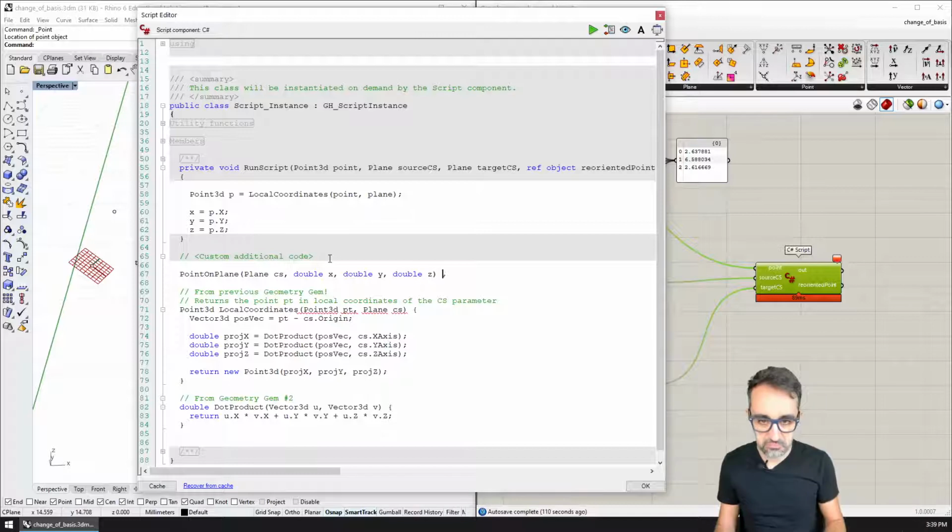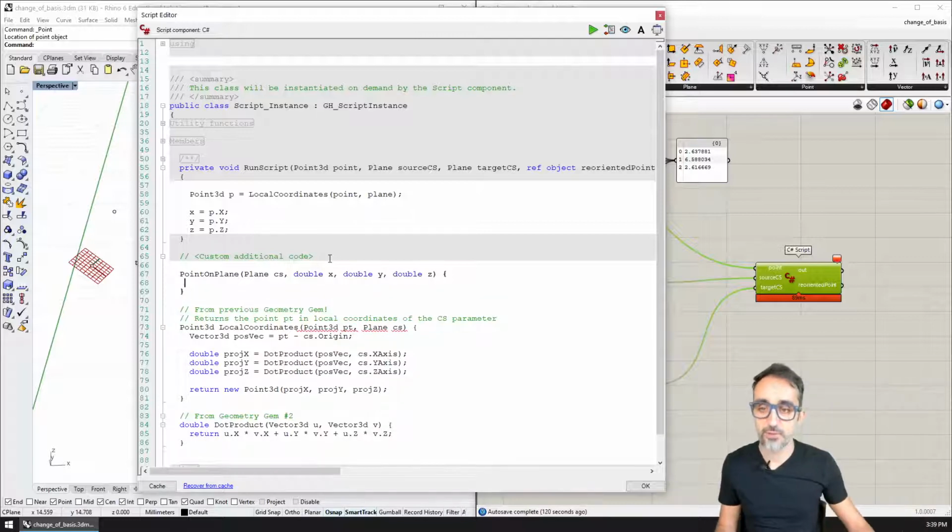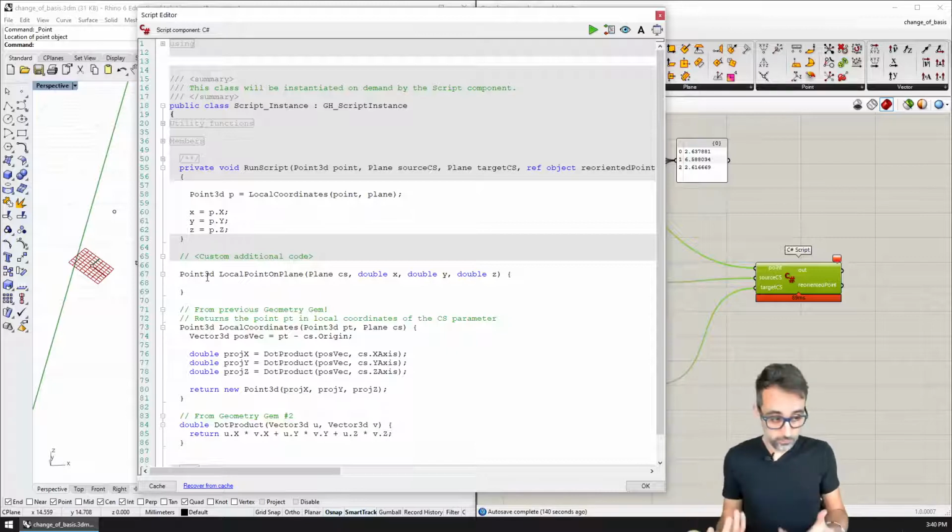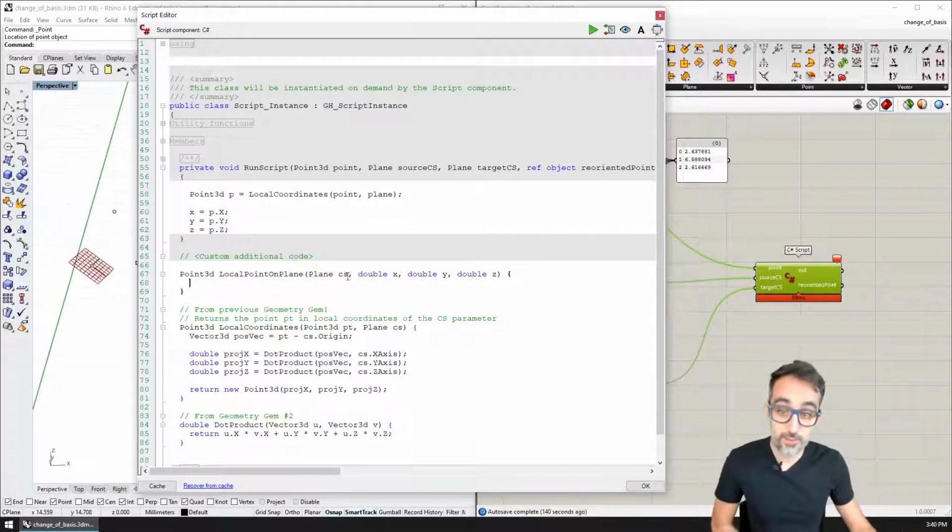So I'm going to create a function that, given a plane and given x, y, z coordinates, generates a point that is on the plane. And I'm going to call it local point on plane. The return type of this should be a Point3D object, because that is what I want. So this is going to be very easy now.